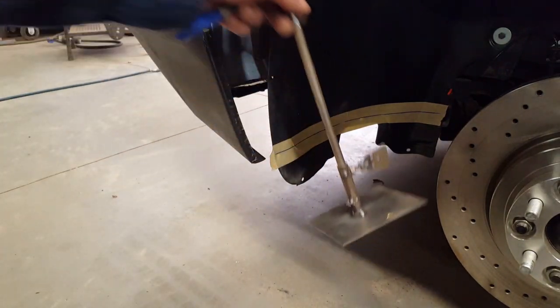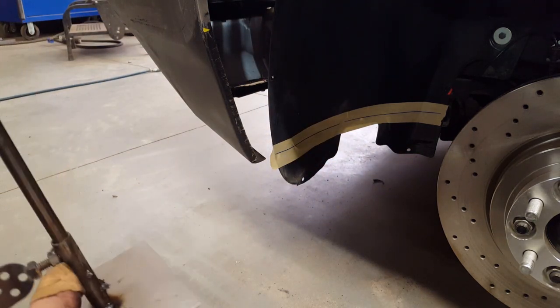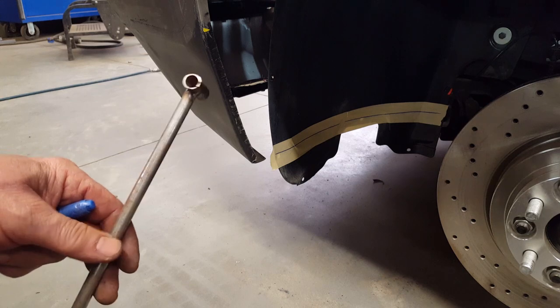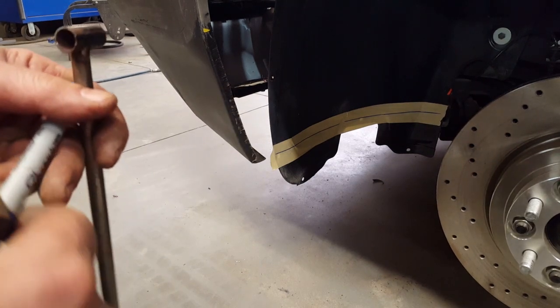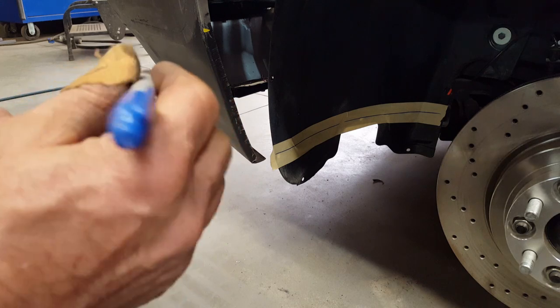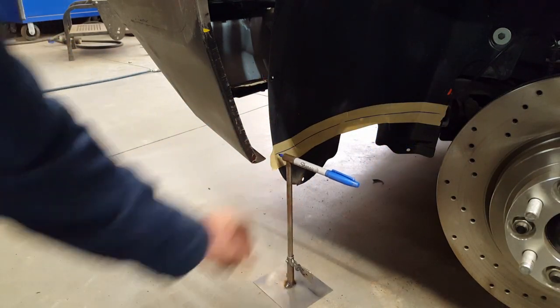It's just a piece of sheet metal, a piece of 1/2-inch tubing, again with a little adjustable nut welded on here, 1/4-20 with a bolt with a tab. At the top, I have a piece of 3/8 tube, and then another piece of 1/2-inch tube at the top, thin wall. I think it's an .049 wall. And what I can do with this is I can just slip my Sharpie into this device